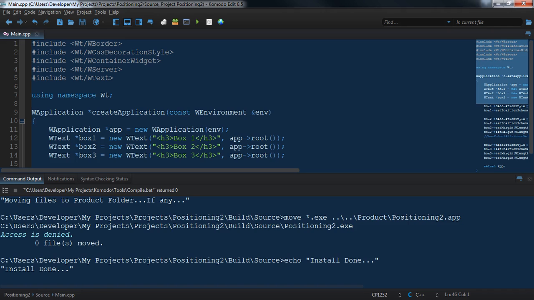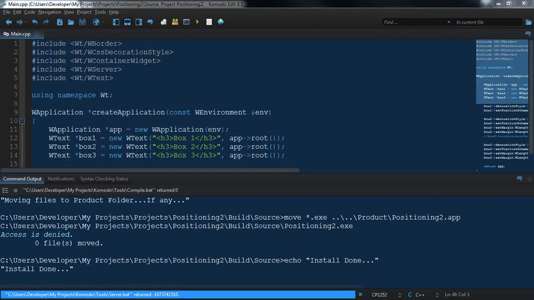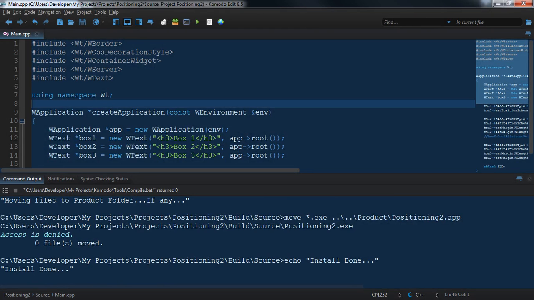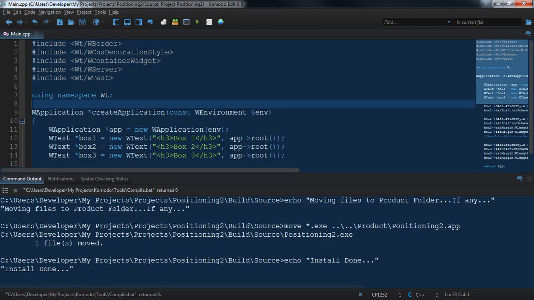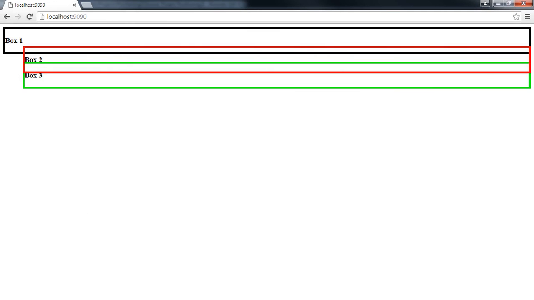And I think, let's see, this is actually running. Actually, this was running. That's why it gave me a 0. If the server still runs, it's going to give you, okay, there's no executable to be moved. Okay, now it's been done. Run the server. So we can bring up Google Chrome. If I do a refresh,